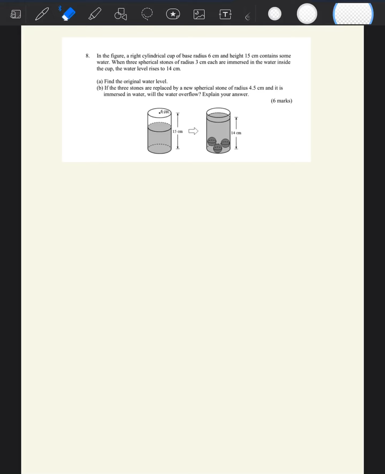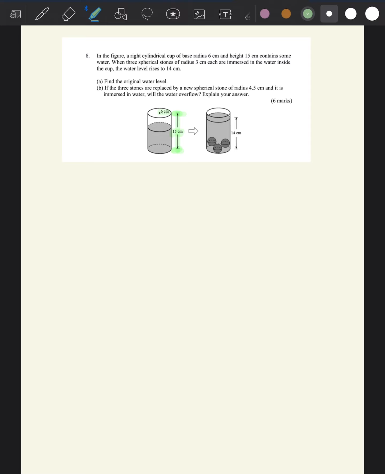So chapter 10, chapter test question 8. In here, there's a right cylindrical cup of base 6 cm and the height is 15 cm. So this 15 cm, a lot of you thought it was the original height of the water, but please look at the diagram carefully. You can see this arrow is pointing from the bottom of the cup to the top of the cup, so therefore it has to be the height of the container, and this container